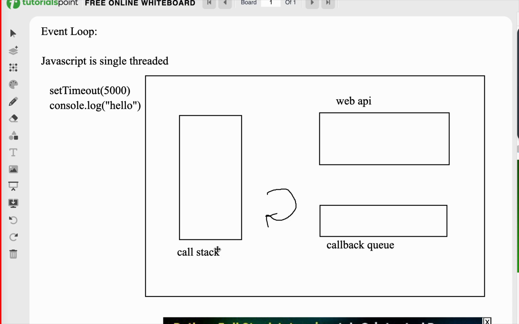So we need to know what the call stack is. Basically, the call stack is a data structure that follows the